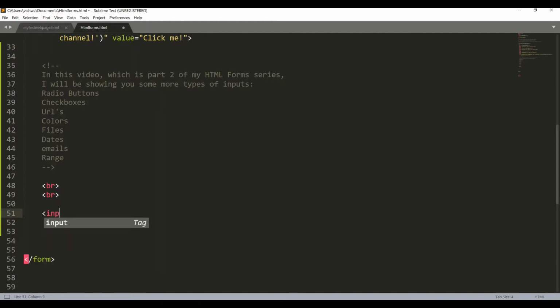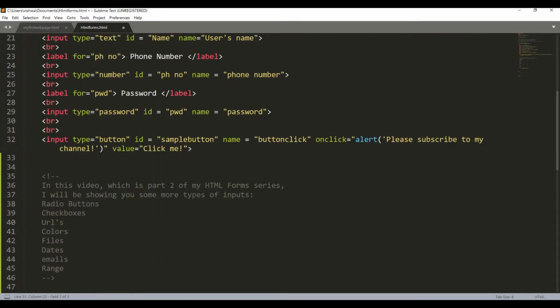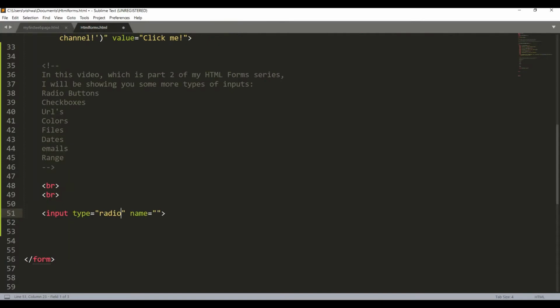Alright, so I'll just start with an input tag of type radio. We want radio, just like text, number, password, we're gonna type radio. Please don't type radio button, it's radio. And the name of it, I want it to be group. Alright, and I'm also gonna assign an ID to it. So the ID of it is gonna be equal to choice 1. Alright, and finally I'm also gonna add a value to it. The value of it is gonna be, say,